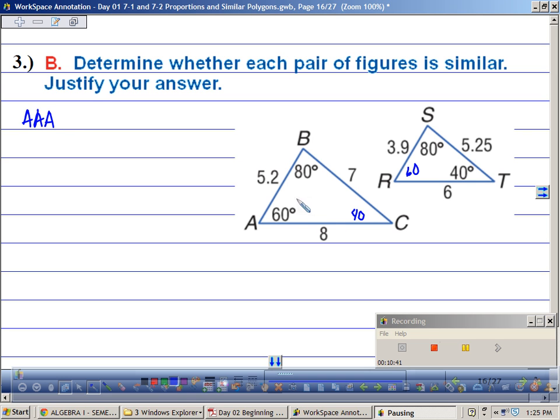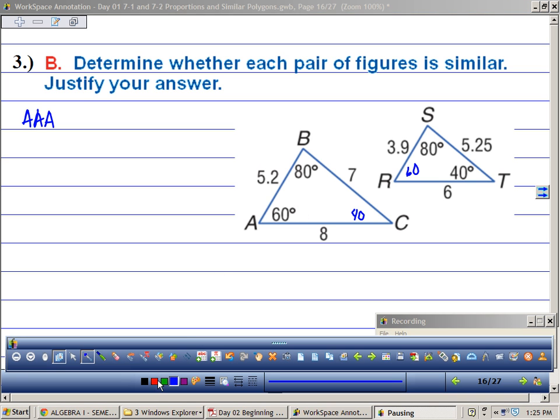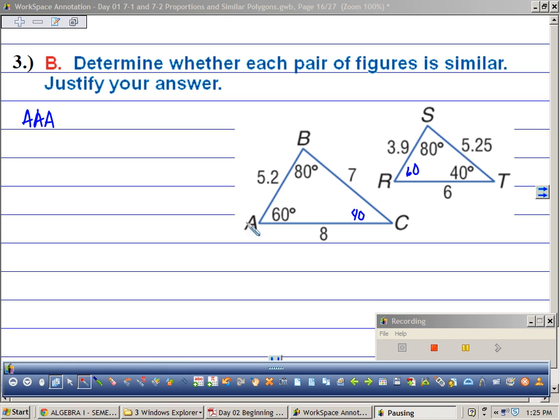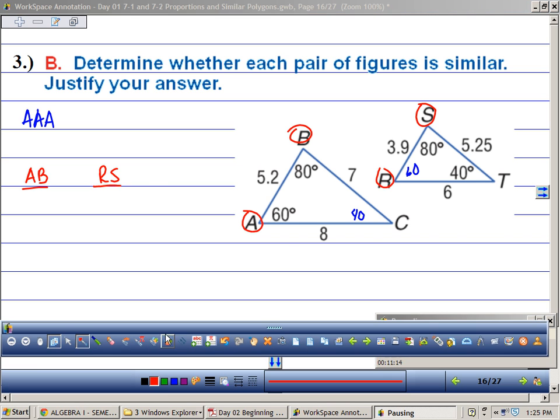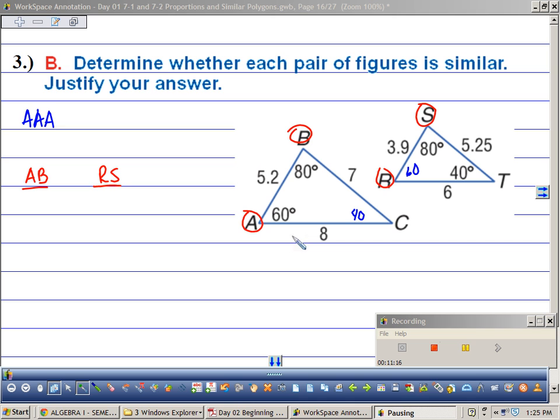All right, now let's see if they're similar. So their sides need to be proportional. Now here's where it gets tricky. You have to compare apples to apples and oranges to oranges. So if I'm talking AB, I need to compare AB to RS. And then I need to compare, pick one, BC,